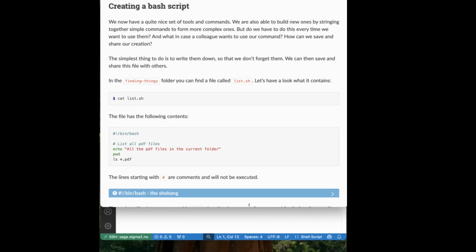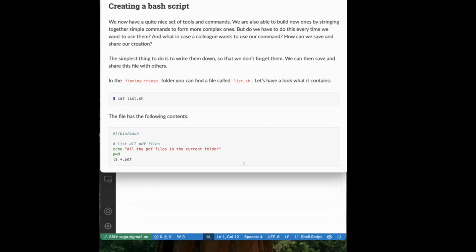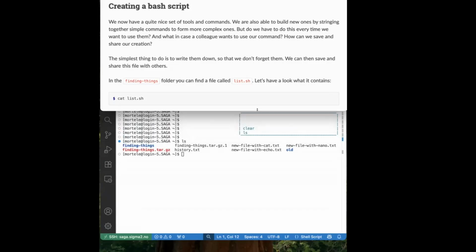So Bash is essentially just a programming language like any other. We will probably, in your career as a scientist, run into multiple different programming languages. Bash is just one of them. So in the example that we are seeing,